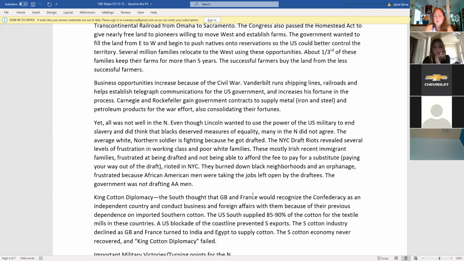And the draft riots really pitted poor white people against free black people, to the point where the poor white people would go and attack the neighborhoods. There's an instance too in this riot where the poor white people go and burn down an orphanage filled with black kids. So this is really super ugly stuff. And the book will mention too that some of this really is frustration because wealthier, like upper middle class and above white people in the North can just pay a fee and their kids don't get drafted. So there's a lot of economic